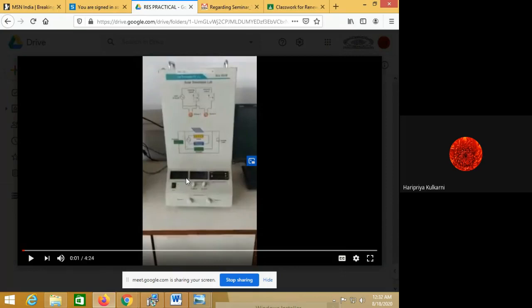This is the setup which we are going to use. I have shown you this diagram just now. I know it is a little blurry, but this is a video, so you will get a clear image of it once we go to that particular part. These are the display meters. One is for voltage in volts, one is for current in milliampere, and this one is for temperature indication, because the third part of experiment number 1 is the effect of temperature.